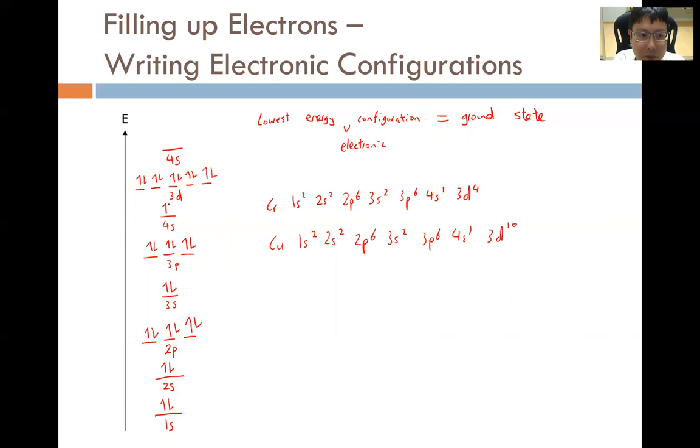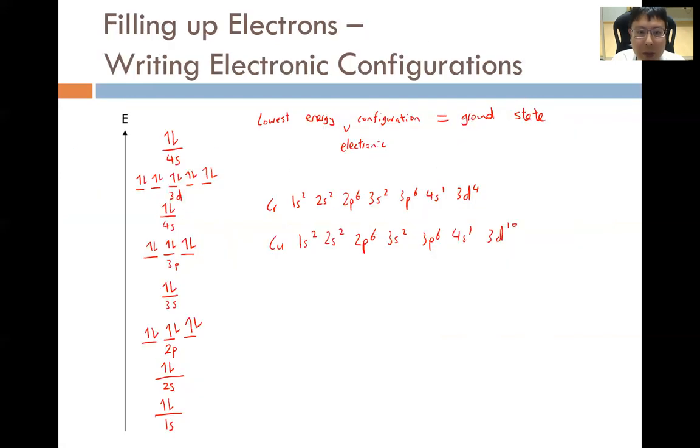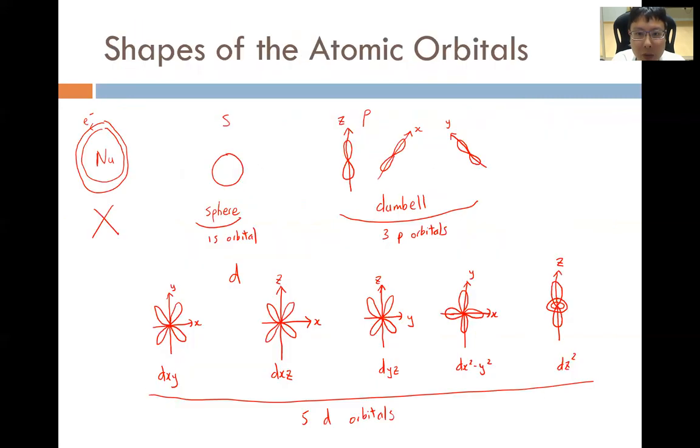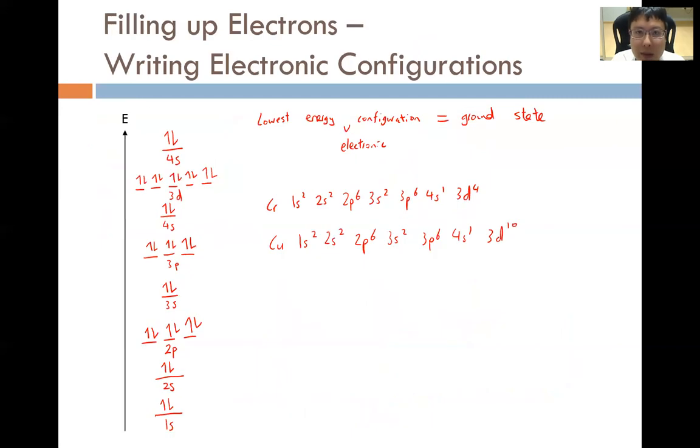The next electron for zinc would finally go into the 4s orbital. So hopefully this recap has allowed you to understand how to deduce the relative energy of the orbitals, how to fill in the electrons based on the relative energies, and also how to draw the shapes of the atomic orbitals. Now we will go ahead and look at 3 past year A-level questions, which particularly test on these